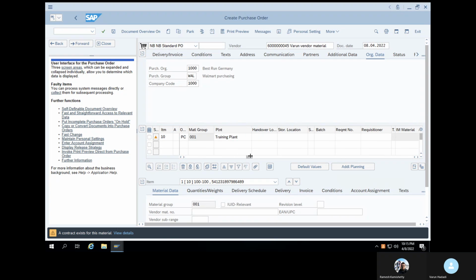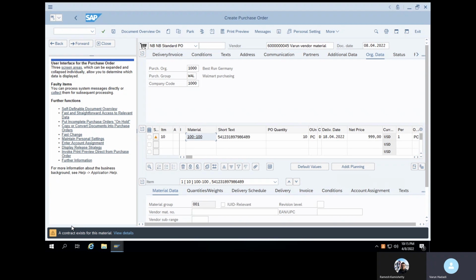Scroll a little bit. Come back to the left side. Somewhere the info record should be there.